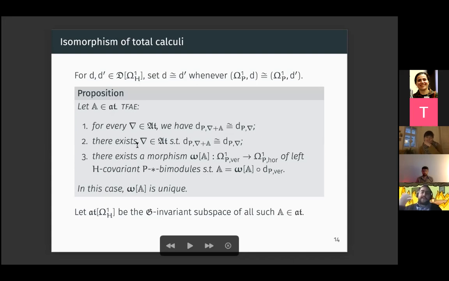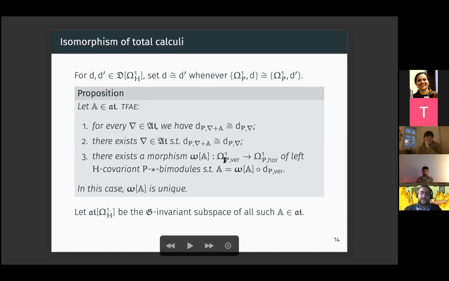Second, there's just some gauge potential nabla such that perturbing nabla by the relative gauge potential doesn't change the isomorphism class of the total calculus. And here's where things get interesting. The third equivalent condition is basically that this relative gauge potential is given by a relative connection 1 form, that